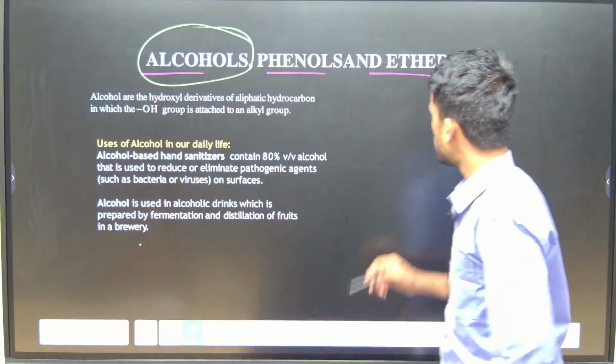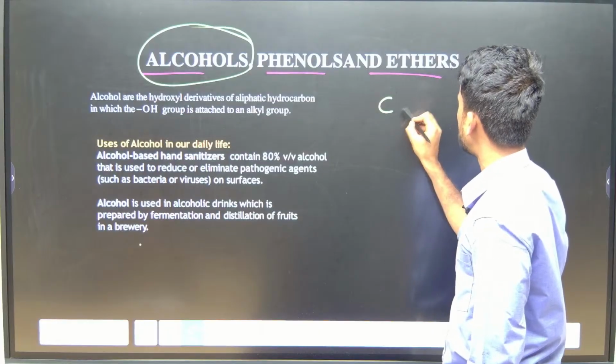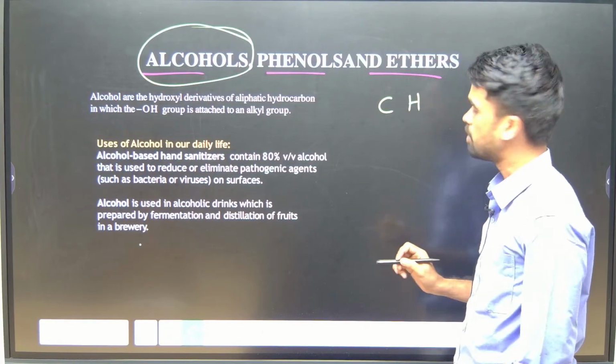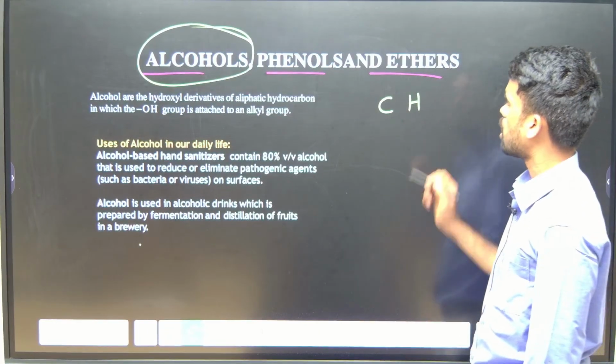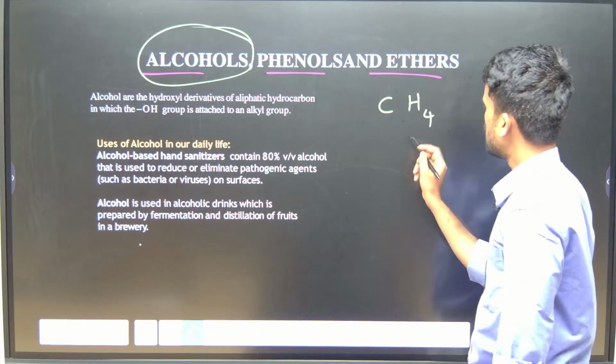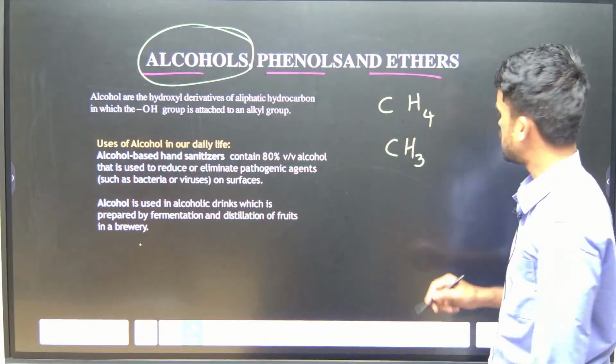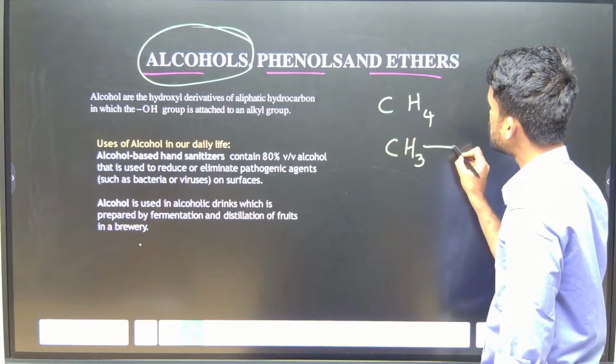First of all, you know hydrocarbons, right? Hydrocarbons means only carbons and hydrogens will be present. The simplest hydrocarbon we know is CH4. Now from this, if I remove one hydrogen, you can write it as CH3. This is the methyl group. So to this methyl group